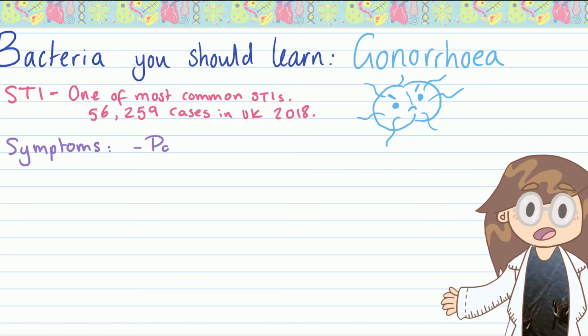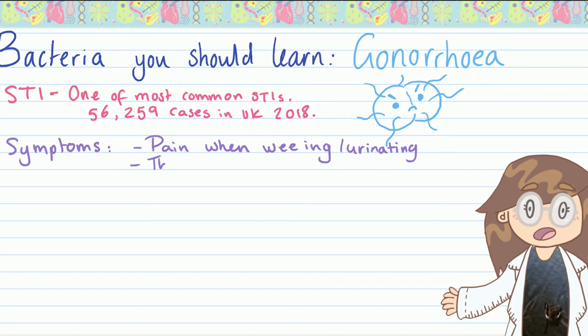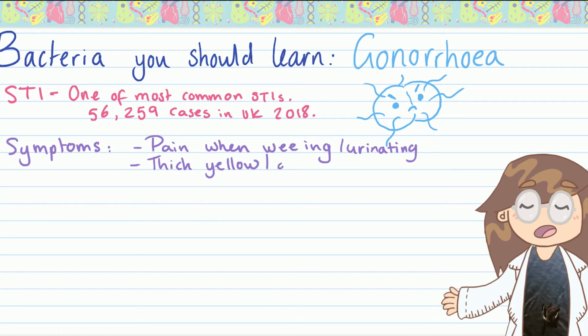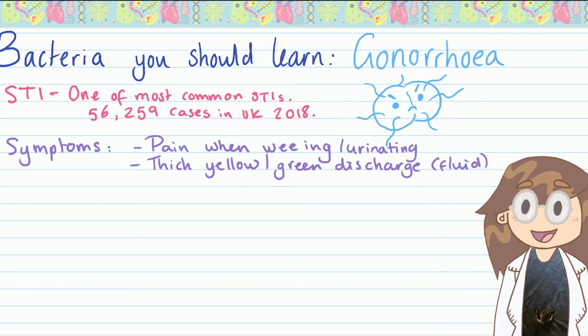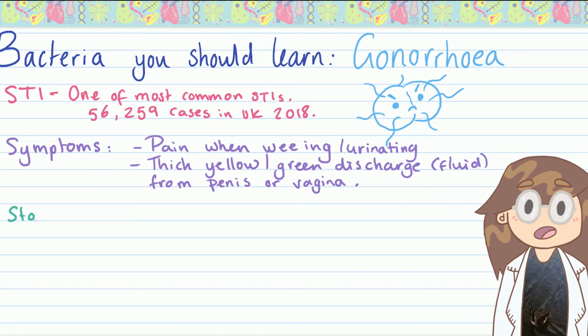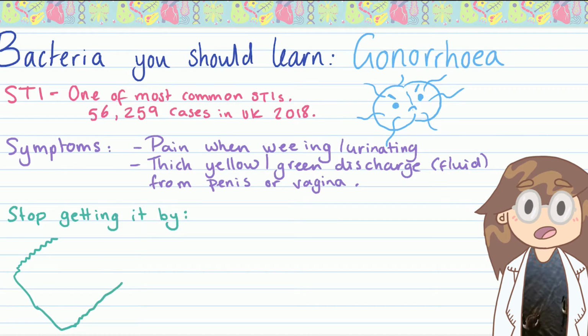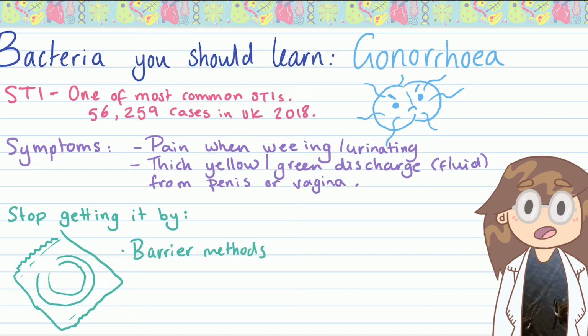of protection. The symptoms of gonorrhea, which you need to learn, are pain when urinating and, get ready folks, this is going to be bad, thick yellow or green discharge from the penis or vagina. If gonorrhea is left untreated, it can cause some really nasty secondary effects, such as infertility, which means you can't have children, in both men and women, and secondary infections in other parts of the body, so it can spread to your joints. Babies born to mothers with gonorrhea can also suffer from other complications, such as blindness and skin infections